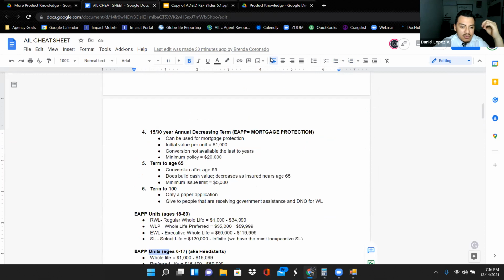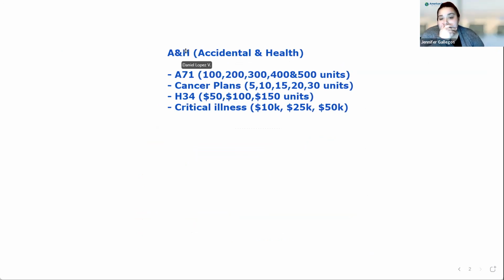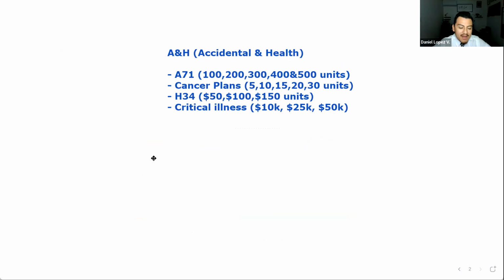Okay. Now let's get back to this. So that's how much the whole life is. I mean the accidental death. Keep in mind, that's the A&H, A71. There is a rule of thumb that is not on the EAP and the EAP won't correct you. We know that whole life pays out no matter what. We know that term life pays out no matter what. At your choice, you can add ADB to your term life or to your whole life. And now we know that we can add an A71 policy.